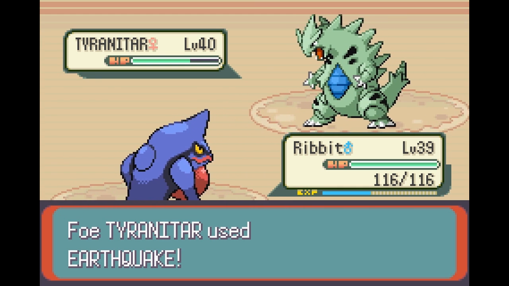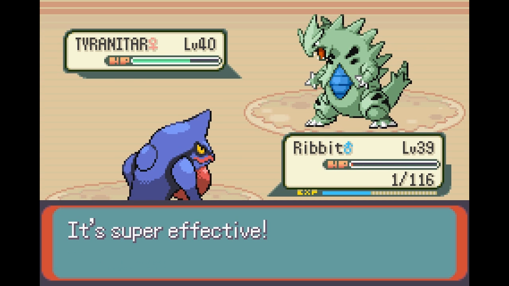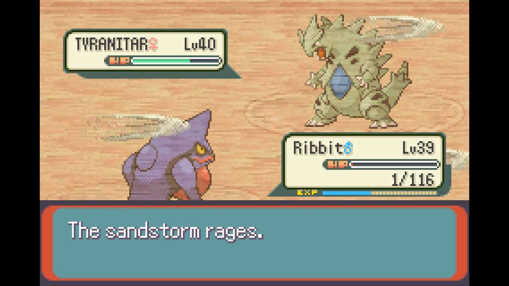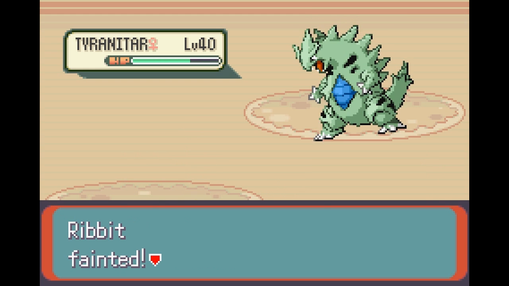Oh god, Ribbit's dead here. Oh boy. Well, Rock Smash, 4 times super effective against, oh my goodness, Ribbit, the boss. Never mind, here's a Sandstorm. So, goodbye, Ribbit. But yeah, 4 times super effective Rock Smash doesn't even take out a quarter of his HP,